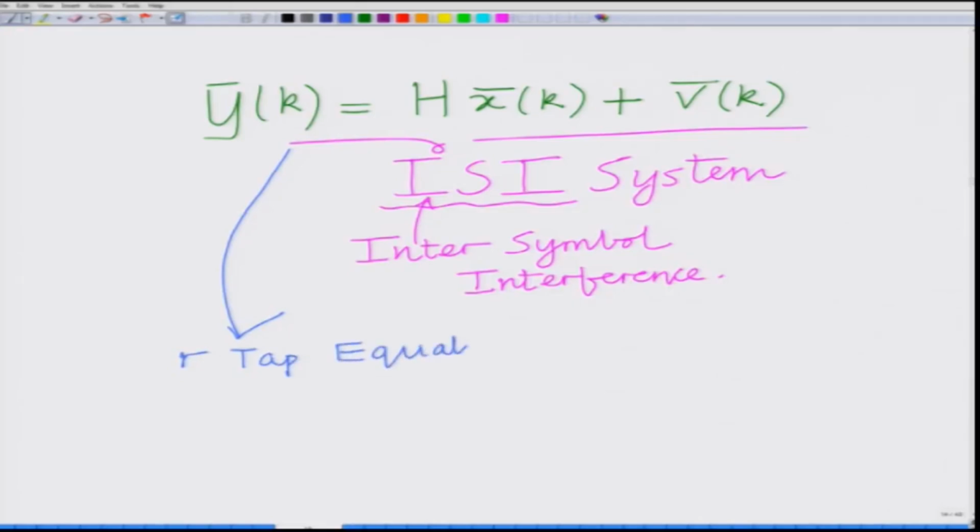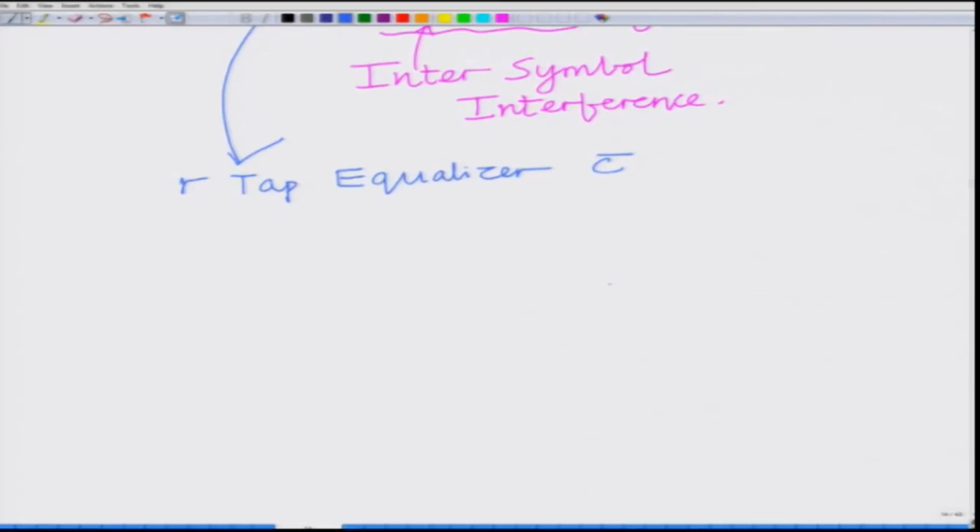and the R-tap equalizer C bar for this is given as C bar equals H transpose inverse H times this vector 1 bar 2, where this vector 1 bar 2 is basically equal to the column vector with zeros everywhere except in the second position, counting from 0. Okay. So this is the expression for the equalizer vector C bar